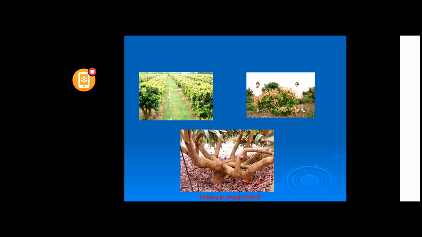For harvesting, mature fruit should be harvested because it is a climacteric fruit. After harvesting, it can ripen. Ethylene production is more, and then the peak of ethylene respiration occurs. That's why mature fruit should be harvested with 8 to 10 centimeters of pedicel or stalk kept, to avoid stalk-end rot.